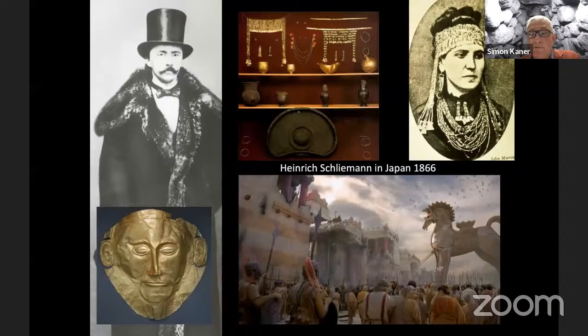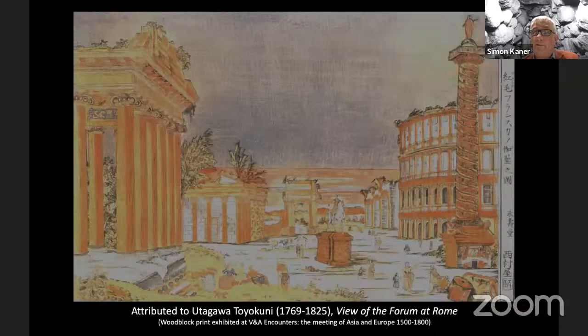Heinrich Schliemann passed through Japan in 1866. Obviously, that's a few years before he becomes famous for his work at Troy. He leaves a lovely narrative travelogue as he passes through. He goes to Japan and China as part of a world tour. He doesn't comment on anything archaeological there, but of course he's somebody who's very much inspired by mythological accounts of Homer looking for Troy and Mycenae, and it's mythological accounts which are in some ways comparable to the accounts that were available in Japan at the time. And again, Gowland is very aware of these things, and he refers to some of Schliemann's work in some of his publications.